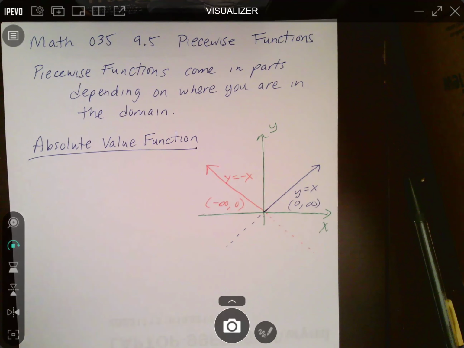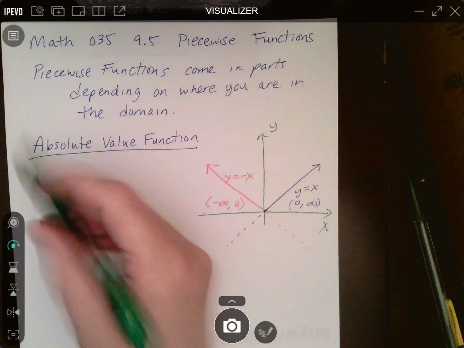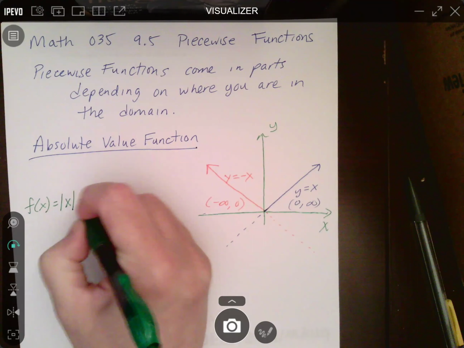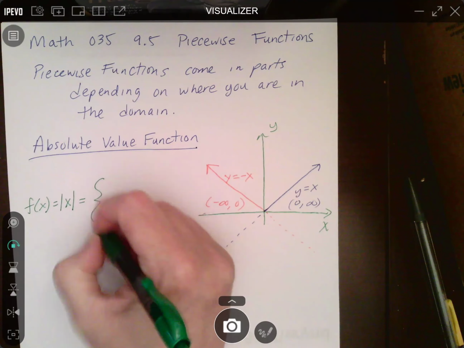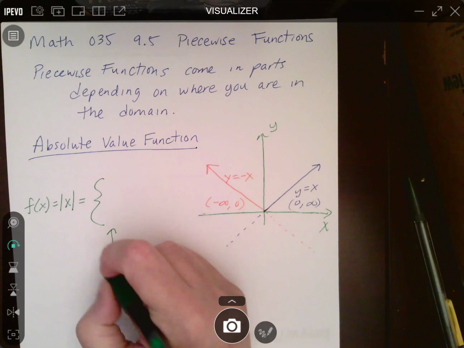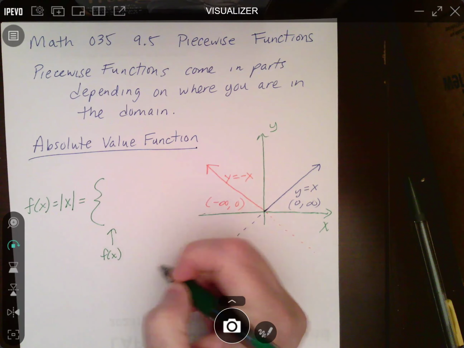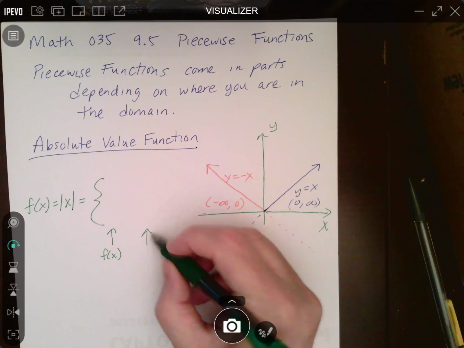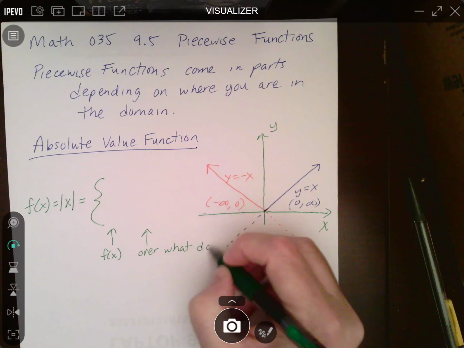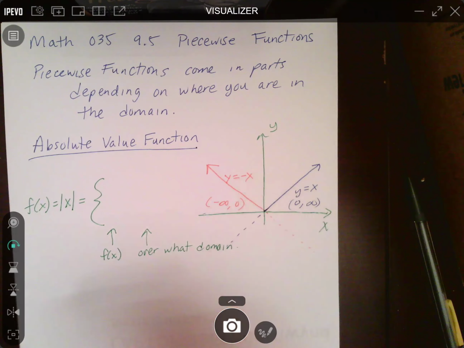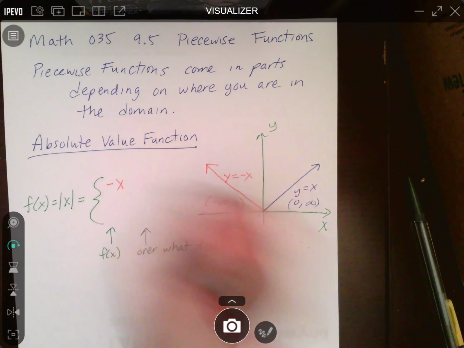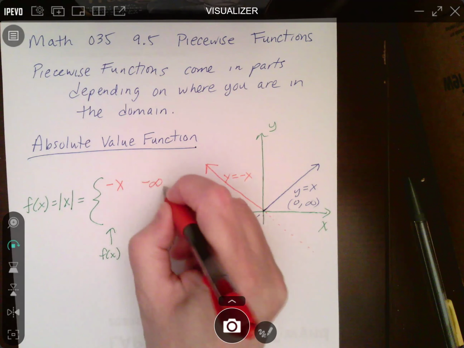For its piecewise definition, we say f of x, which is the absolute value of x, equals, and then we do something that does curly braces. First, we say what the f of x function is for this part, and then we say over what domain. So it equals negative x from negative infinity to 0,